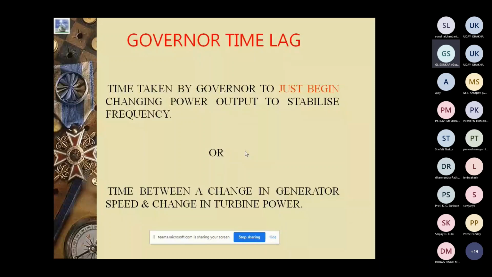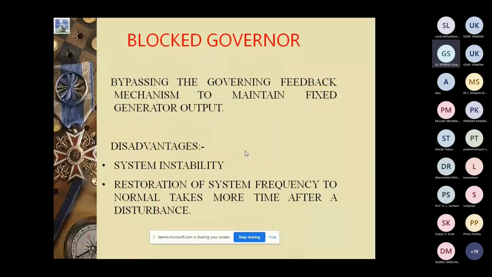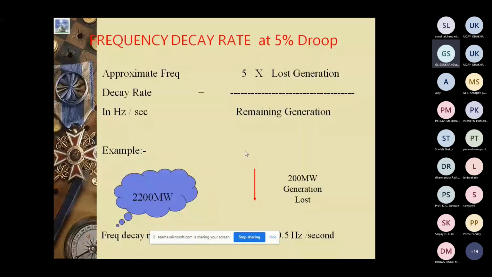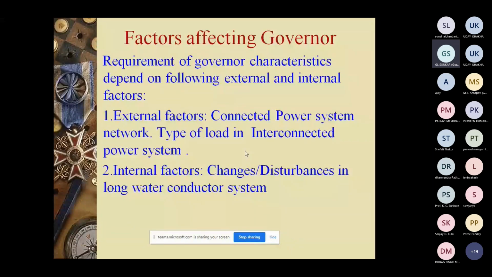Then I don't think these are the groups how people are calculating. Then factors affecting governors. There are some external factors: connected power system network, types of load. Then internal factors: disturbances in the long water conductor system that affect the governor. As I told, sometimes what happened while